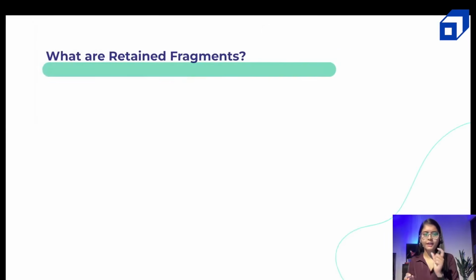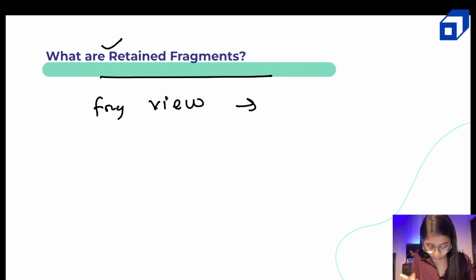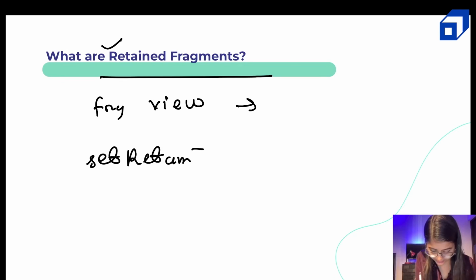Moving ahead, what are retained fragments? So the name is telling that something is retained in the fragment, like we are storing something, retaining something, right? So yes, retained fragments take advantage of the fact that a fragment's view can be destroyed and recreated without having to destroy the complete fragment itself. Okay, so how is it useful for us? If you set a parameter, set retain instance, as true,